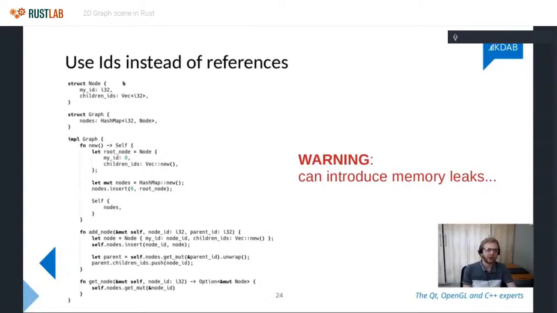And Rust isn't going to realize that this has happened because of this ID to actual item mapping. And then obviously you can also have dangling references. That's the other thing that can happen. Nothing prevents you from handing out an ID and then just deleting the thing internally in the data structure. And then your ID doesn't point to anything sensible anymore. It's not going to cause a hard crash.